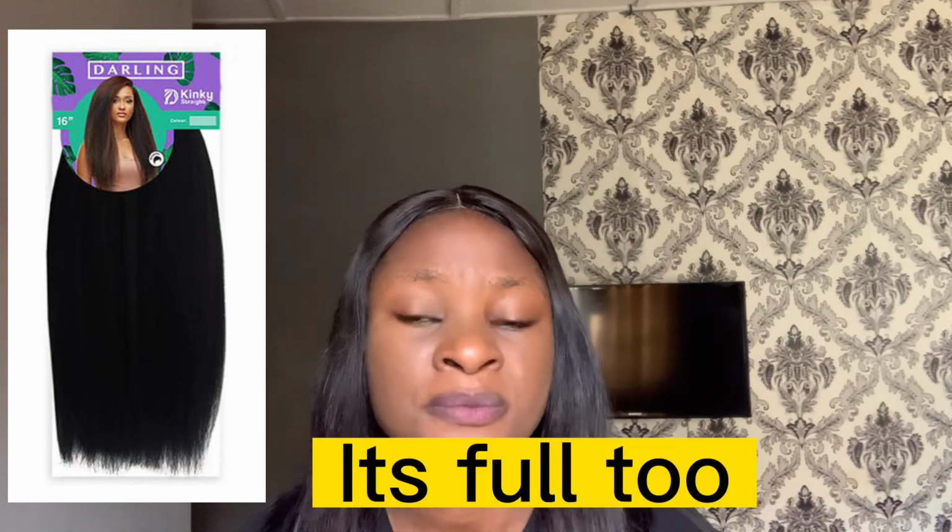Yes, and I love the fact that this hair doesn't tangle, and it's very soft, but it has that good texture that you can use to ventilate either closure or frontal. It will be very perfect. It's silky, but at the same time it doesn't have that slippery texture, maybe because it's a kinky straight hair. But this hair is really perfect and very good when it comes to ventilating for closure or frontal, because you know it kind of has this